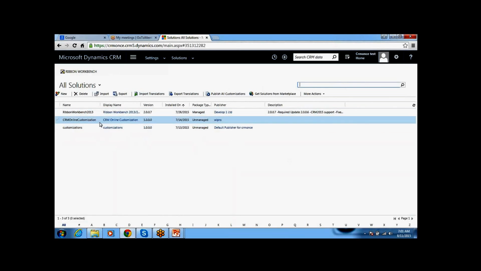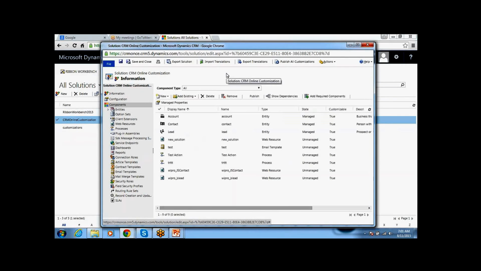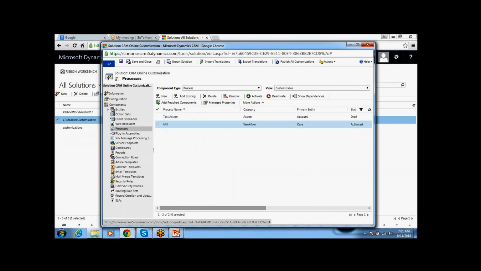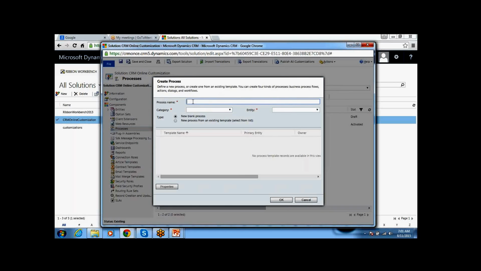Open any solution you are using and click on processes. Here we can see that processes are nothing but workflows in CRM. Click on New and give the name of the workflow. I'm just giving it Account Test.